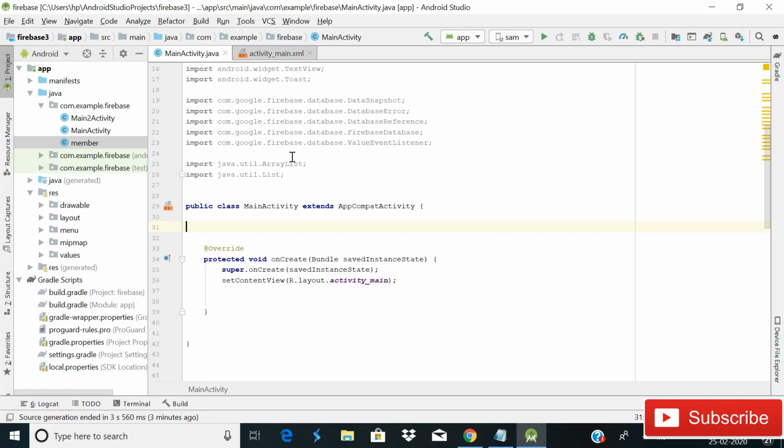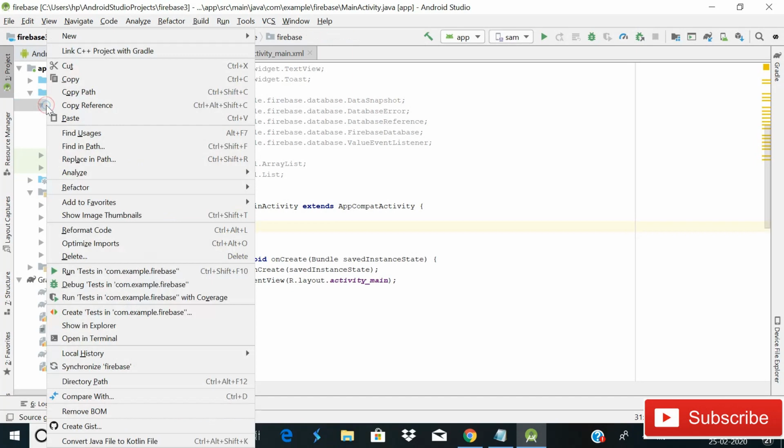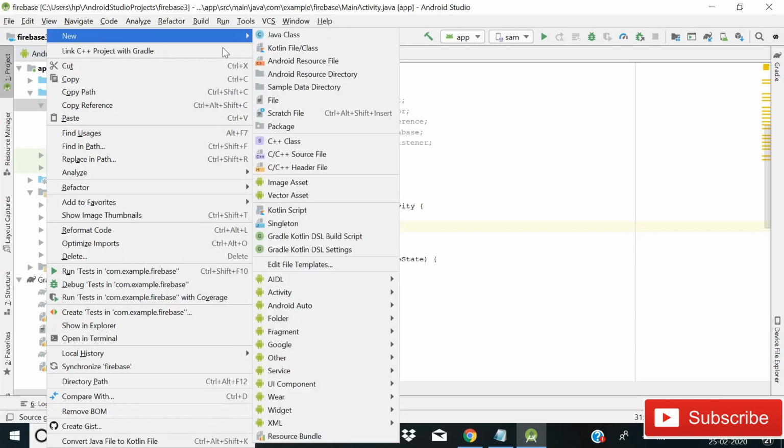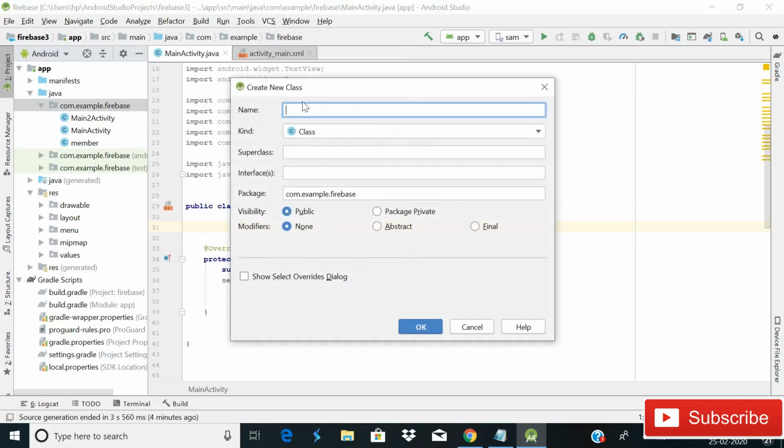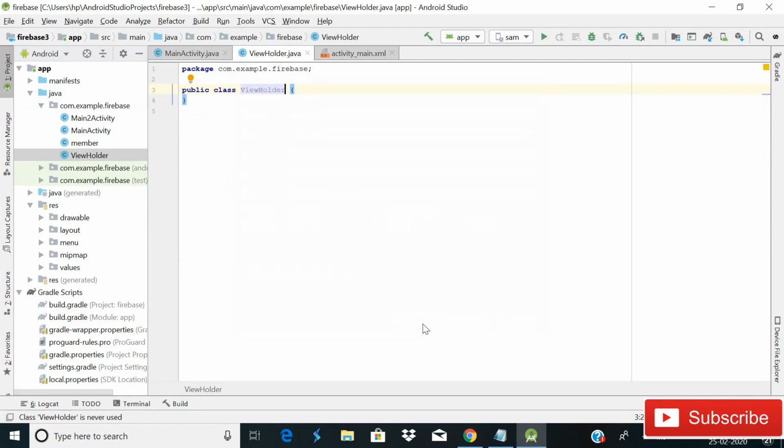For retrieving videos in our Android app, we have to create one more Java class which will hold our data. I mean, we will use ExoPlayer in that Java class. So again, create a new Java class, give it the name ViewHolder, because it will hold our view, and then click OK. When the Java class is created, we have to extend it to RecyclerView.